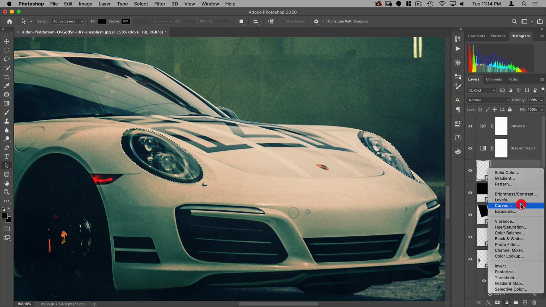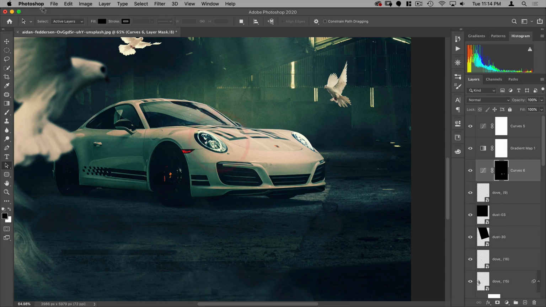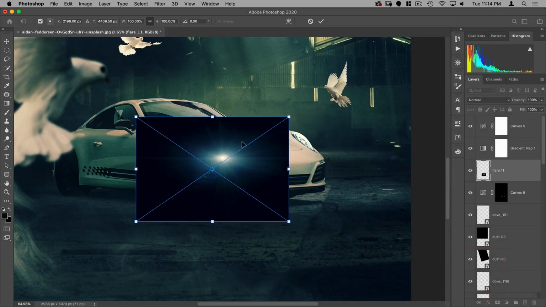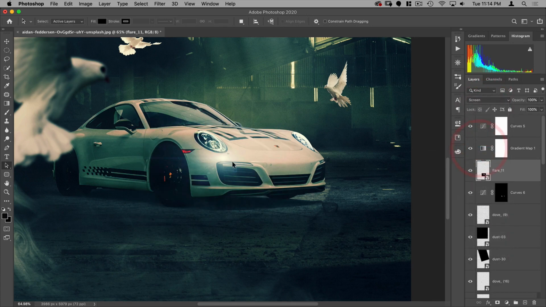Then I'm going to add a curve layer. I'm just going to pump up these lights, make them brighter. Try not to affect the bottom of the curve here. That looks good. All right, then we're going to go File, Place Embedded, and we're going to pull in this Flare 11. And let's put this on screen. And move that in place.